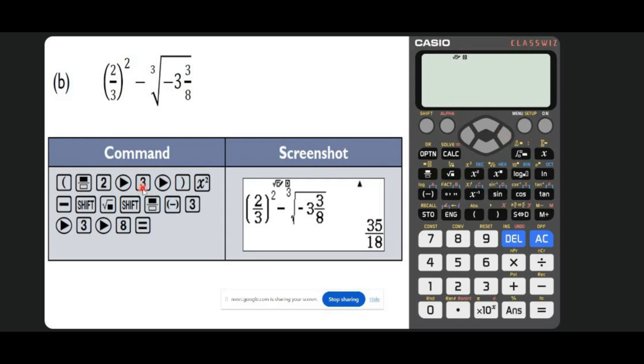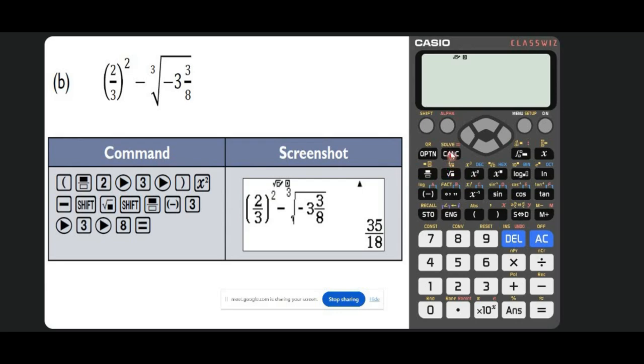Then press 3. Press left button again, and close bracket. Then press X square button. So now you only key in the first thing, 2/3 square. Then you key in minus sign, shift,